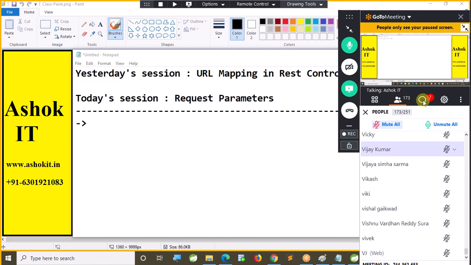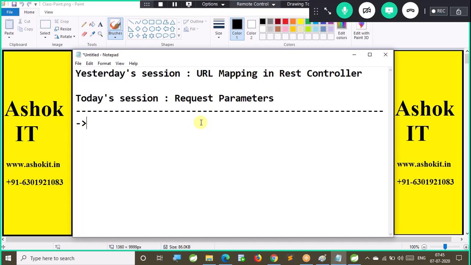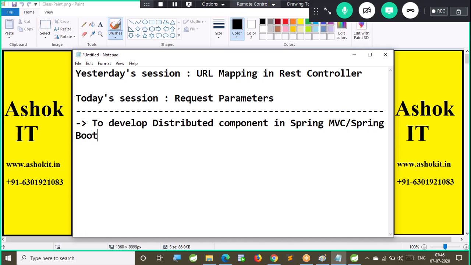To develop a distributed component in Spring MVC or Spring Boot, we will use @RestController annotation.